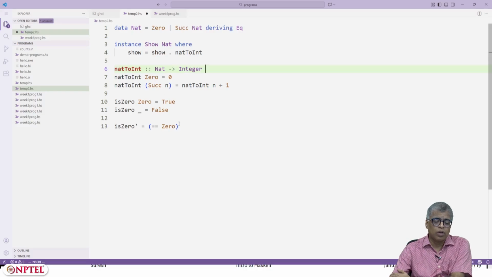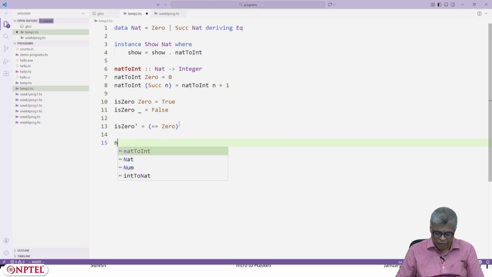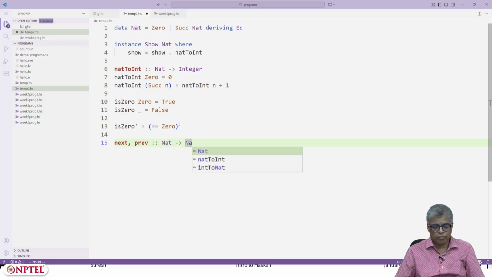Okay, good. So now we can actually do the other functions that we had defined. I could call it next, since I am calling the other one previous.